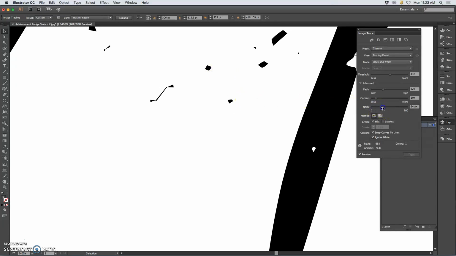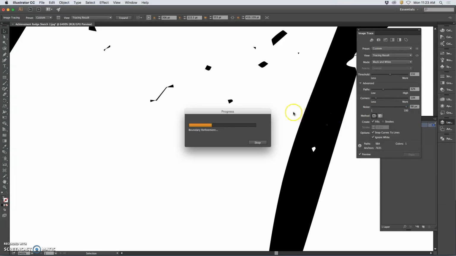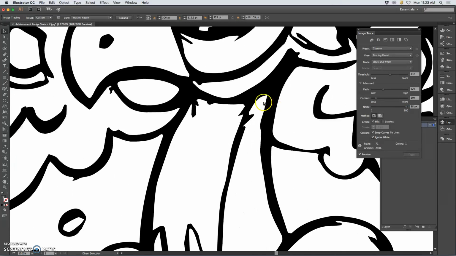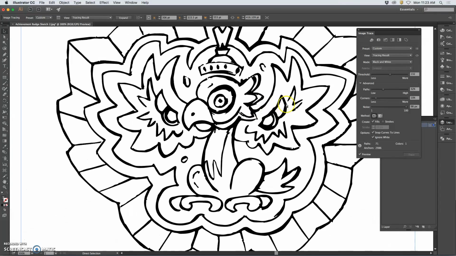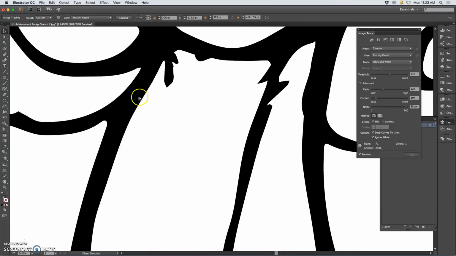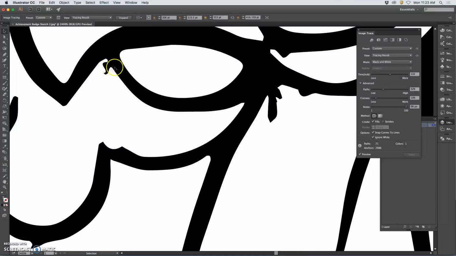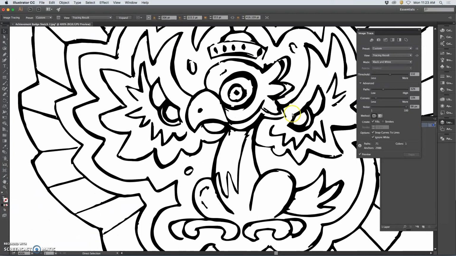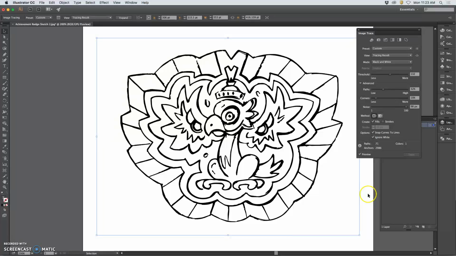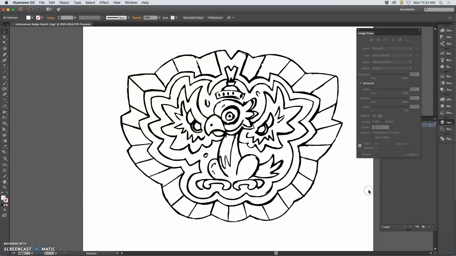But if I say no, they have to be 98 pixels or larger to be their own shape, well, then it's going to get rid of a lot of that little debris. But you'll still have these little things incorporated. All right, so some designers like to work this way. And this is a way we'll work with line work, something we'll do later. It's one option. And if I like it, then I can say Expand